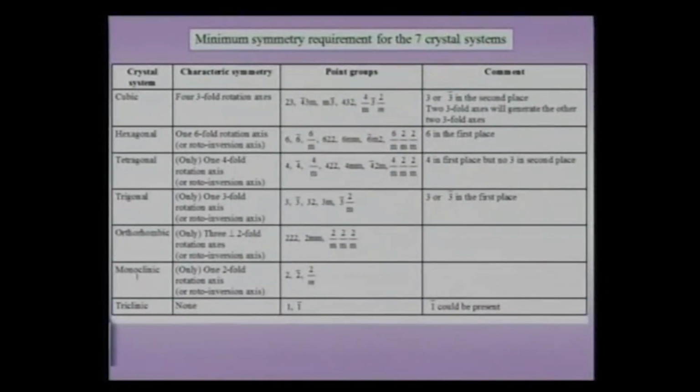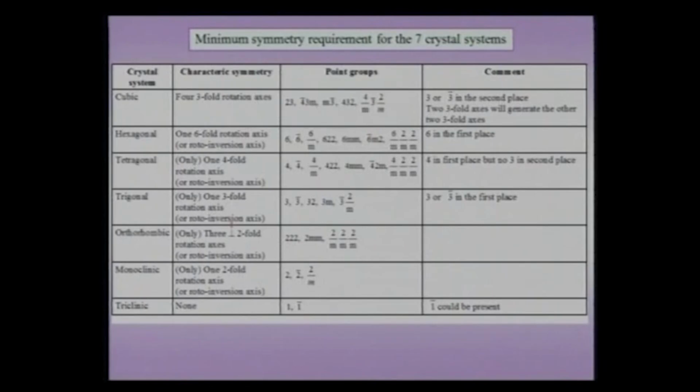We have already seen this, and now let us write down the full table indicating the 7 crystal systems, the characteristic symmetry, the point groups within the crystal system, and the comments regarding these kinds of symmetry. And we had already seen, for instance, that hexagonal crystals are characterized by one 6-fold rotation axis, and this is written in a way so that 6 is in the first place. So now we understand the complete picture of the crystal system, the characterizing symmetry, and all the point groups which are contained within the crystal system,